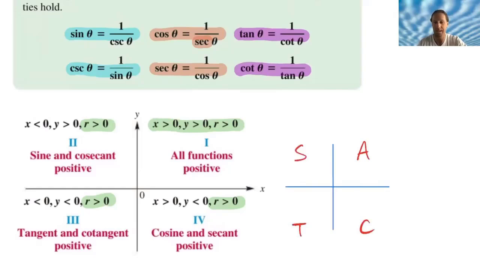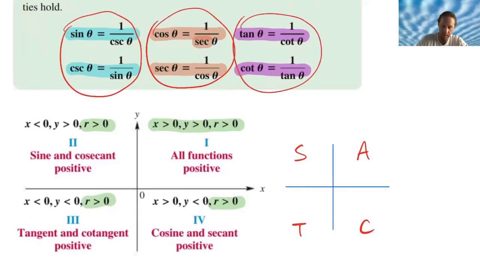Or all students take calculus, all right? Meaning that, again, only focusing on the big three, because the positive or negative sign of each one of these reciprocal functions is not going to change. It's just the ratio being flipped. So when we're talking about the positive or negative sign of these things,